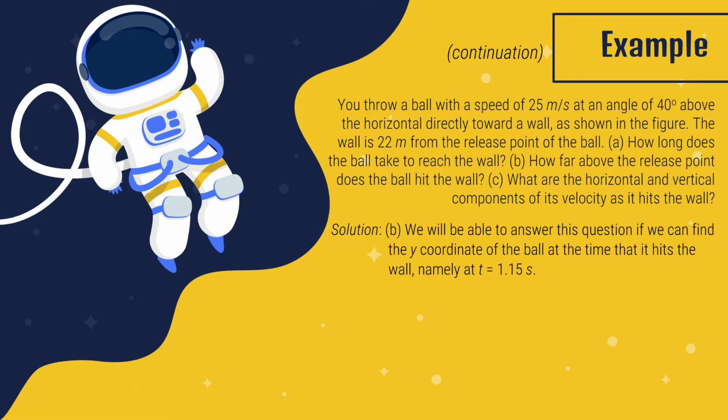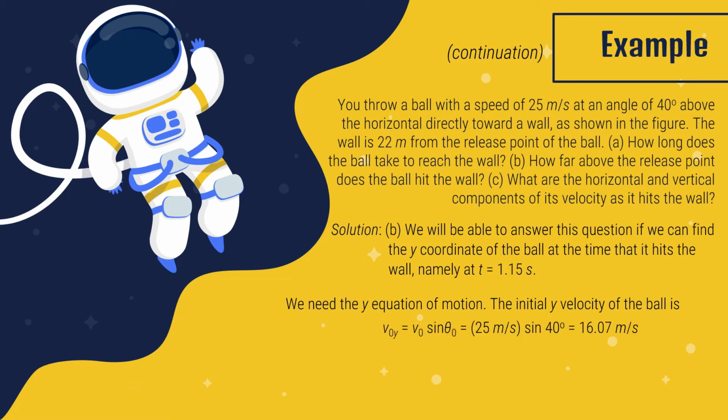For problem B, we will be able to answer this question if we can find the y-coordinate of the ball at the time it hits the wall, namely at t, which is equal to 1 and 1500 second. We need the y equation of motion. The initial y velocity of the ball is v sub 0 in y, which is equal to v sub 0 sine theta sub 0, which is equal to 25 meters per second sine 40 degrees, which yields 16 and 700 meter per second. And the y acceleration of the ball is a sub y, which is equal to negative